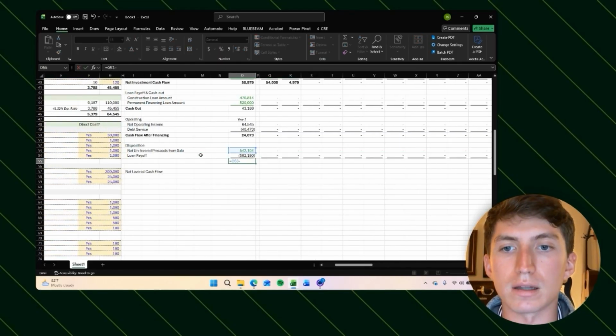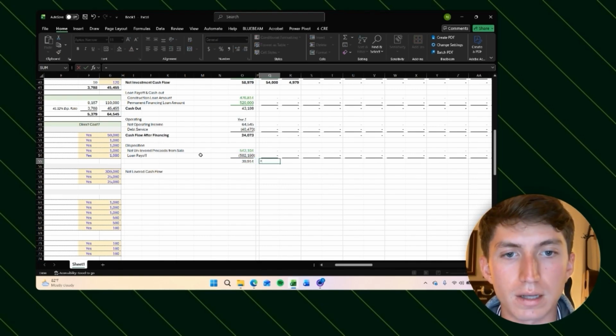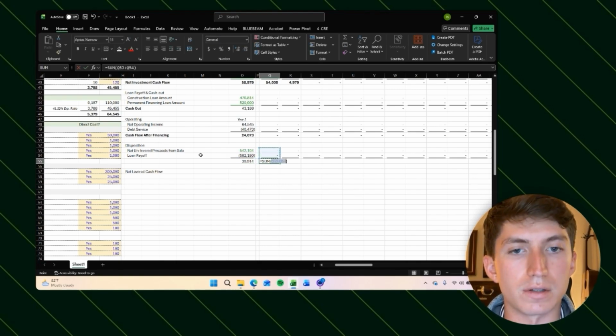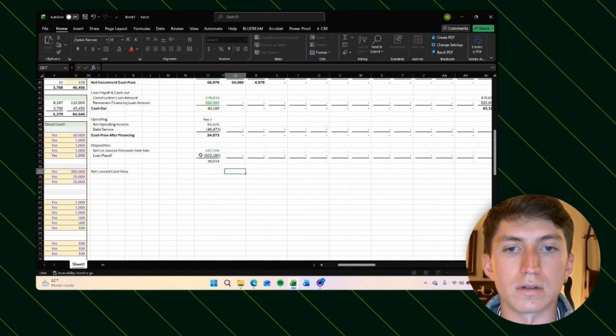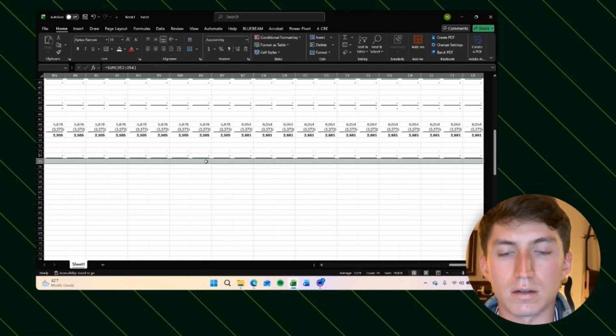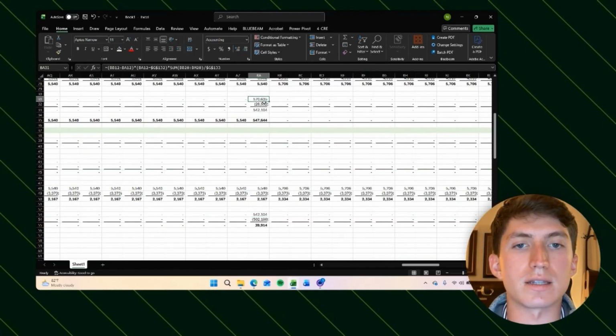And then we have our net unlevered proceeds from sale minus our loan payoff, or there we go. That's how much cash flow we're left over with. We can just take the sum. So just Alt equals, and then the net cash flow is equal to, actually we'll go ahead and bold this, Control B. And just so you guys can see what's going on here, we start with the sale, which occurs